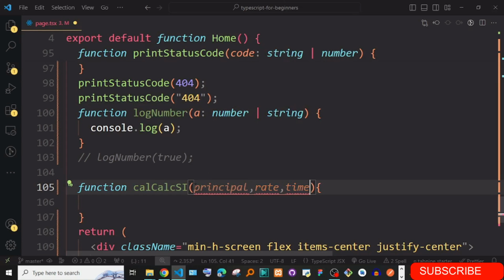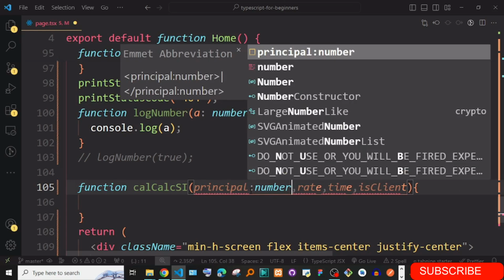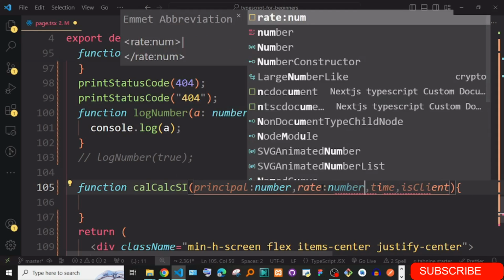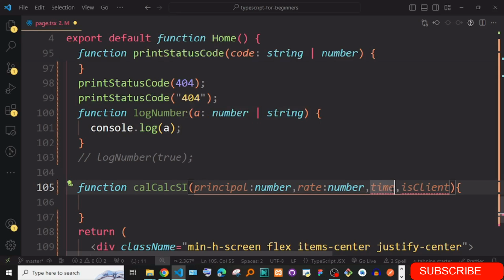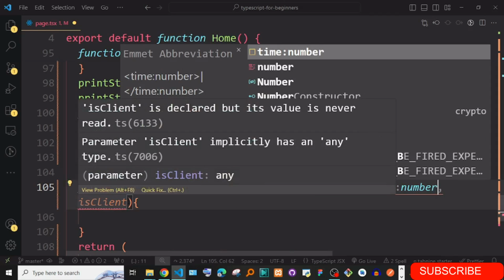Maybe also isClient, and then you can even take in more things. Take this example: principal is going to be a number, and then rate is also a number, and then time is also a number, and isClient is a boolean.